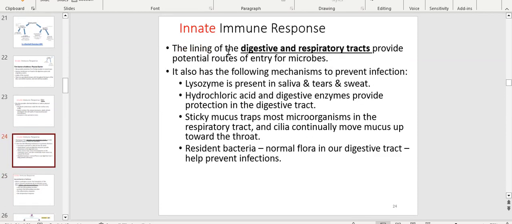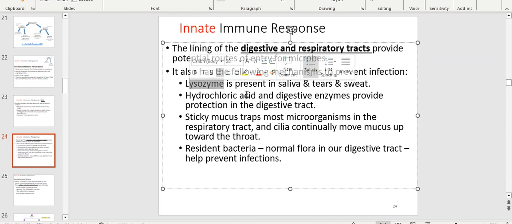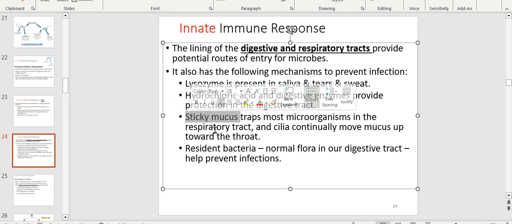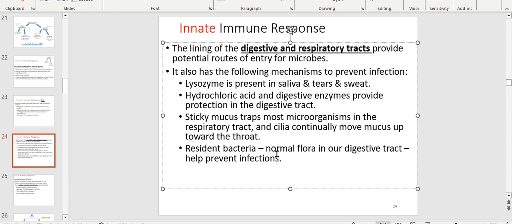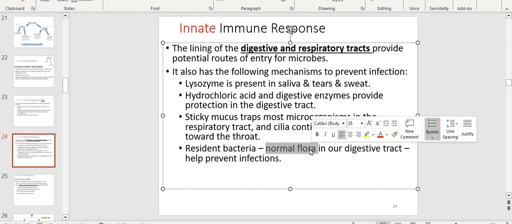Still going on about the innate immune response here. The lining of the digestive and respiratory tracts provide potential routes for entry for microbes. There's your lysozyme, hydrochloric acid, digestive enzymes, the urinary and digestive tracts, sticky mucus, as we just spoke about. Resident bacteria, normal flora in our digestive tract, help prevent infection. Normal flora, here you're talking about the